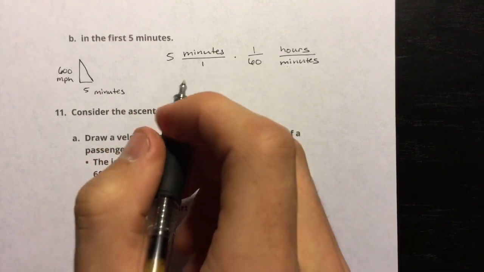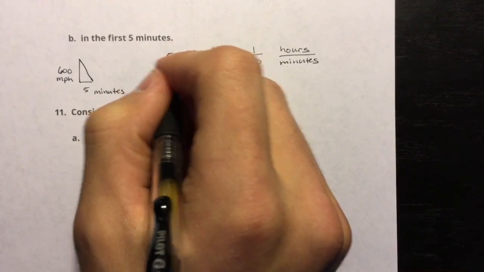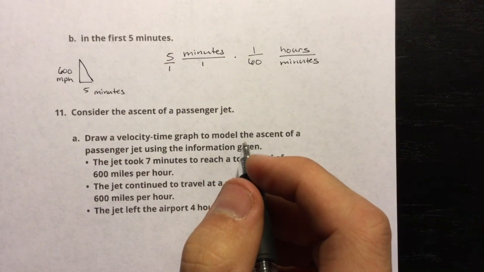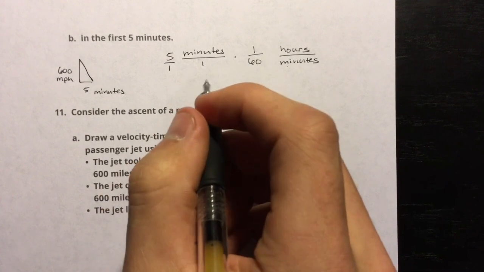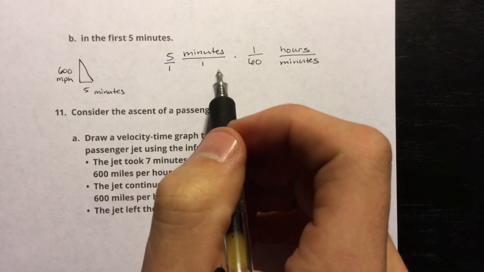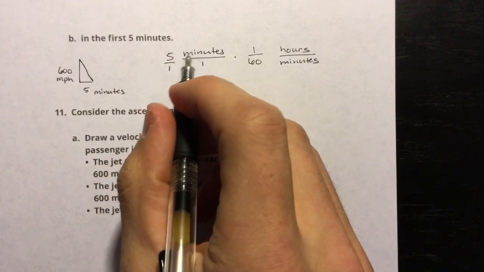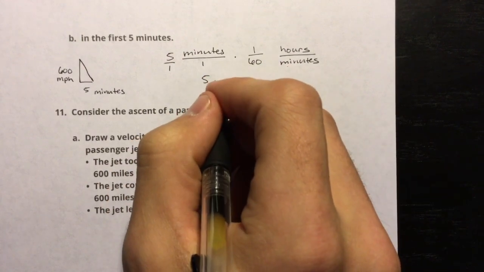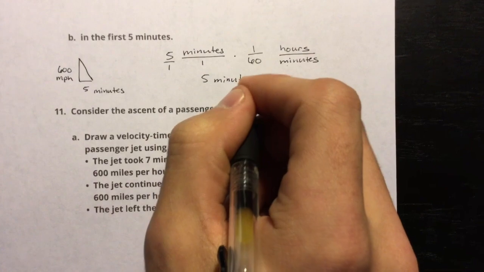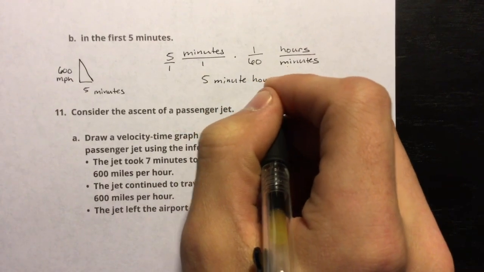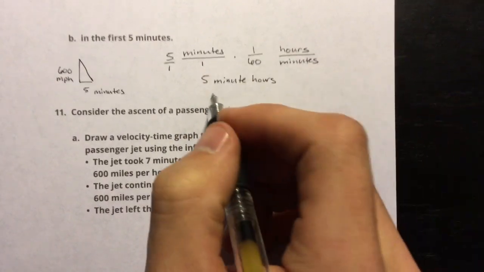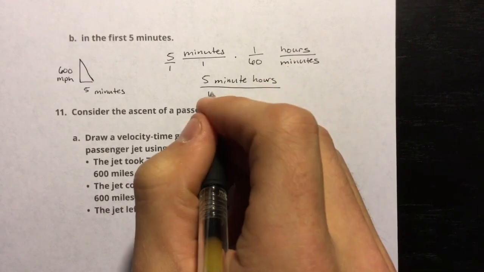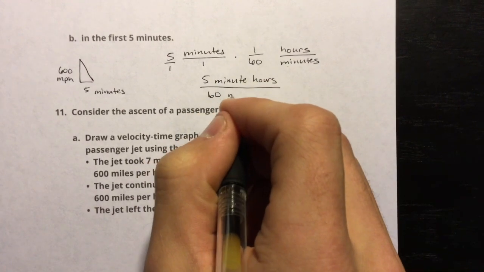So the way this works out, when we multiply fractions, so this is 5 over 1, we just multiply straight across the top, straight across the bottom, okay? This is going to seem a little silly, but stay with me. So I have 5 minutes times 1 hour, so I'm going to have 5 minute-hours, whoa, Mr. McGill, you're doing crazy stuff, over 1 times 60, so 60 minutes,